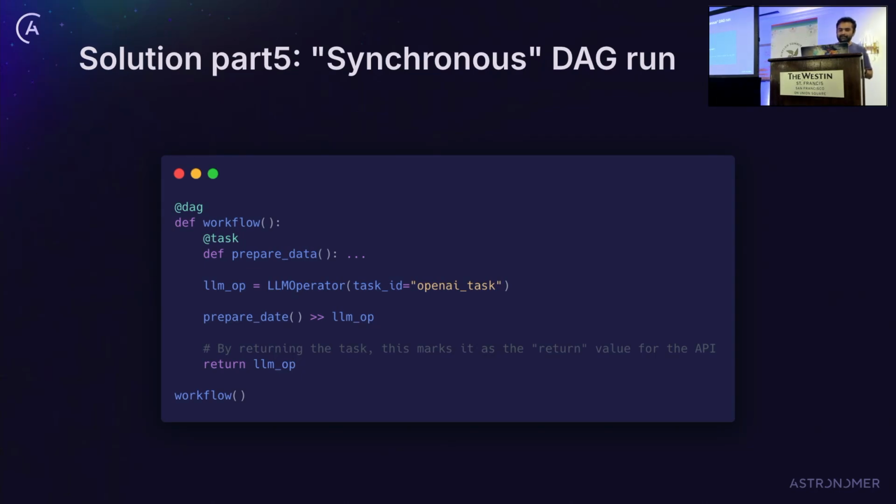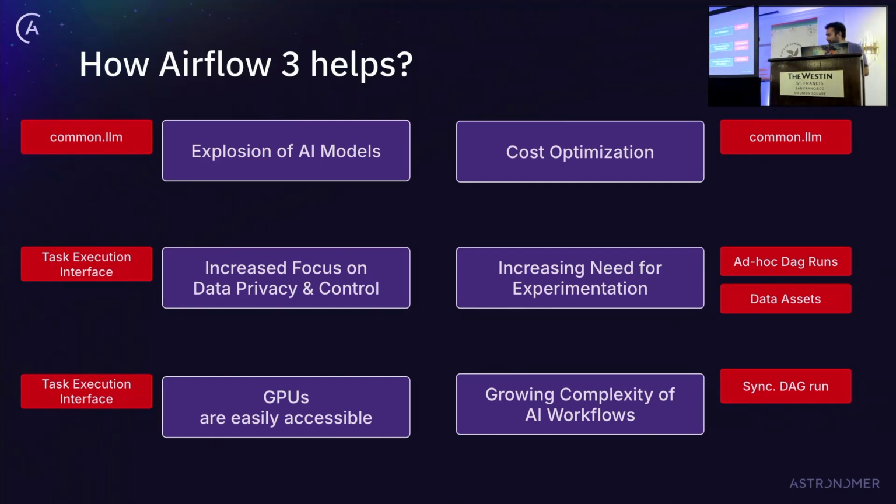So that's that. How does this make sense in the evolution? I had 6 bullet points or 6 blocks over here, right? The explosion of AI models: how would that be solved with common.llm, where you can change models independently, you can change infrastructure independently. How do we increase data privacy and control within Airflow? The task execution interface is your answer for that. You will be running your task where your data resides. You can run it wherever you want. You can utilize CPUs for that. Even for GPUs, you can utilize the task